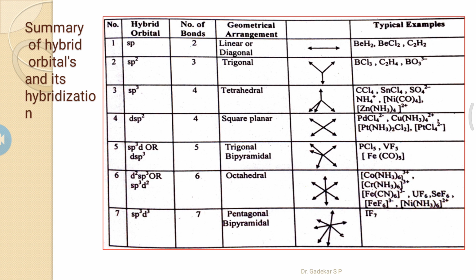Example, iodine heptafluoride, IF7. It is an example of a pentagonal bipyramidal geometry. Okay, so these 7 types of hybridization are involved